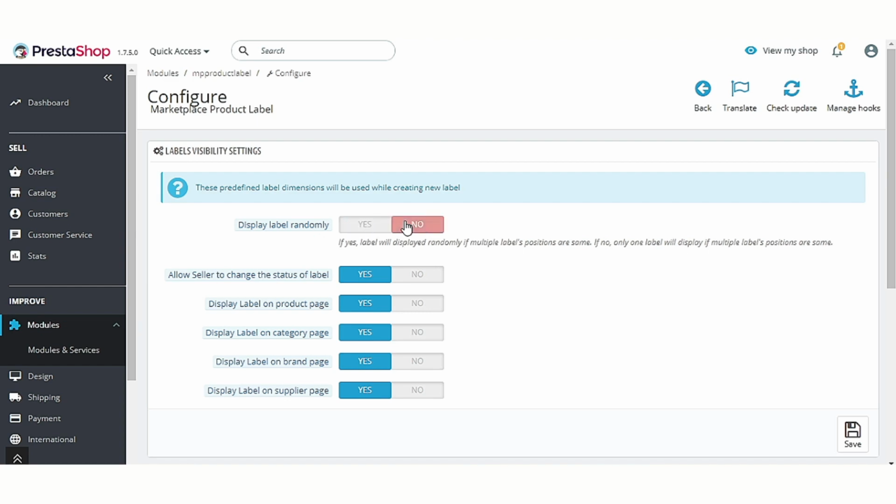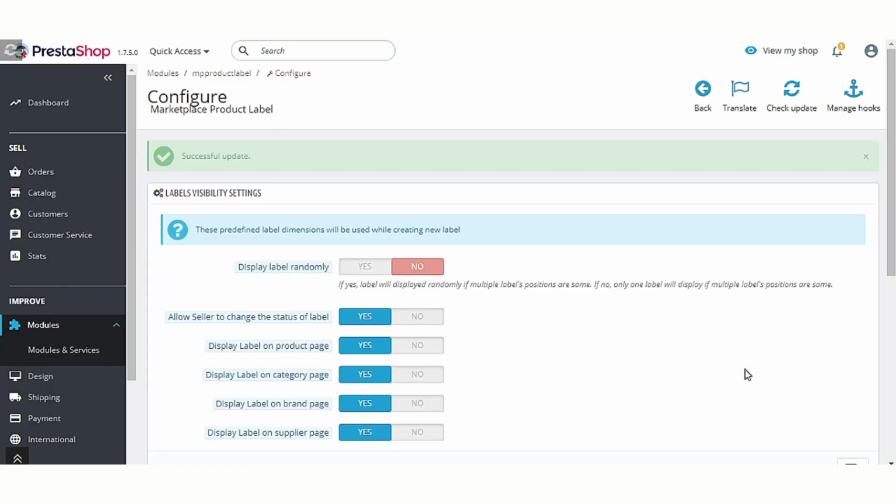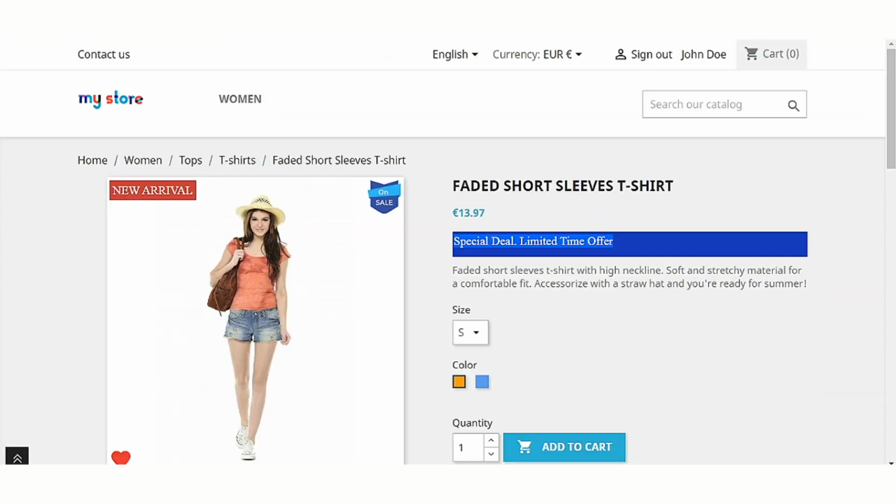If admin has disabled display label randomly field, then the label new arrival will not display as the position of both the label is set to 3.